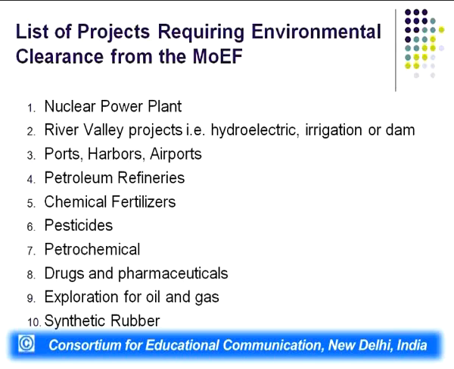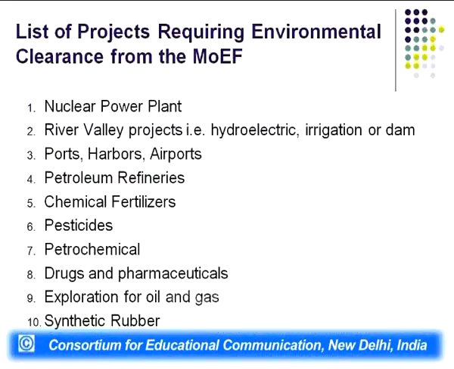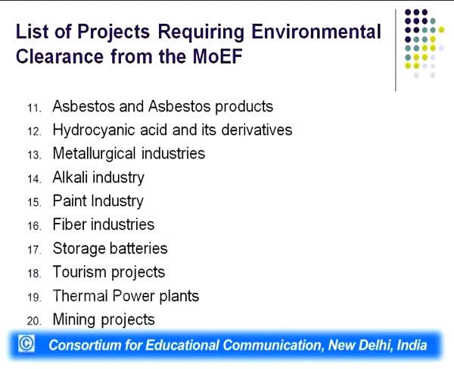Now, these are the industries where the EIA clearance is mandatory. They are nuclear power plants, river valley projects, whether it is hydroelectric, irrigation or dam, ports, harbors, airports, petroleum refineries, chemical fertilizers, pesticide industries, petrochemicals, drug and pharmaceutical industries, exploration for oil and gas, synthetic rubber, asbestos and asbestos products,